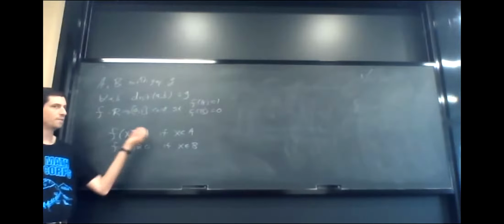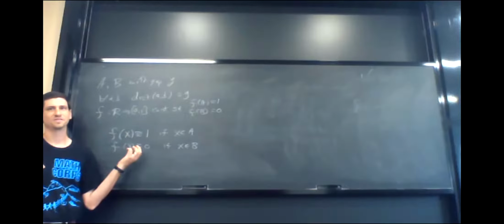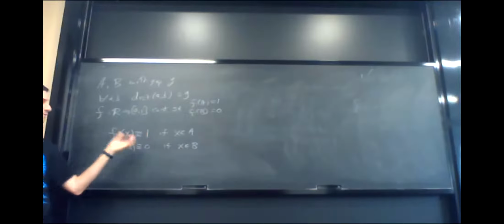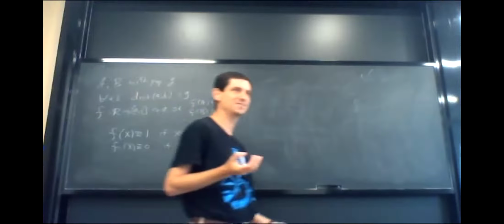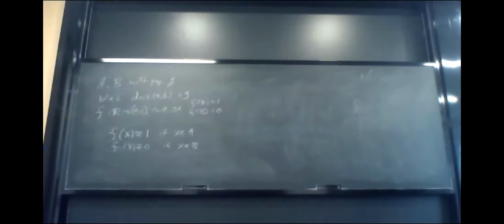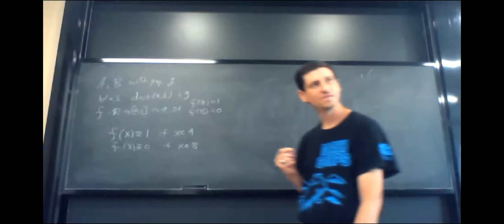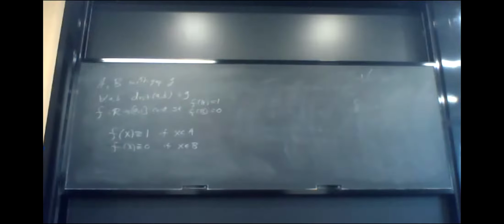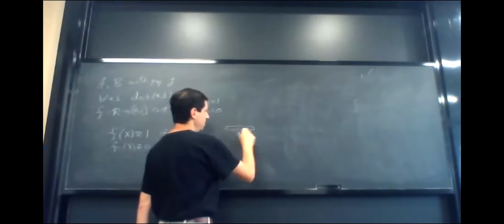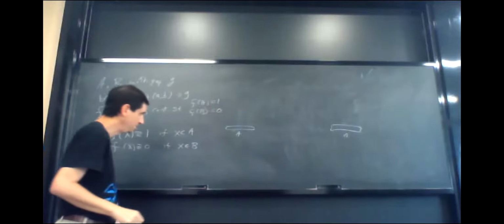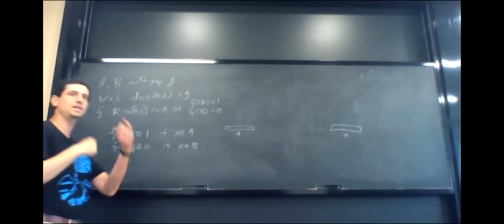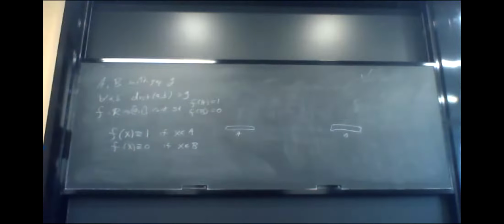So what is your function? You told me that I'm setting it to be 1 for everything in A, I can do that. I'm setting it to be 0 for everything in B, I can do that. You now have the rest of the real line to define. So tell me the value anywhere else. Okay, if it's between 2 points of A, it's 1. With no point of B in between. Well, what if this is part of A here, and this is part of A here? Yeah, with no points of B in between, then it's 1. But I could have infinitely many. Now, of course, yeah, there's a gap.